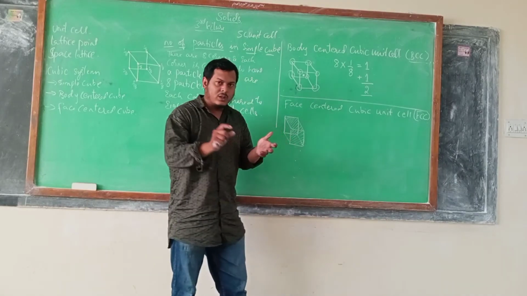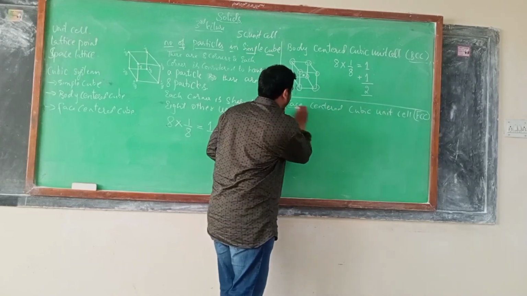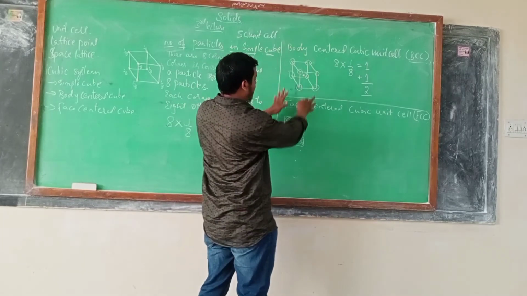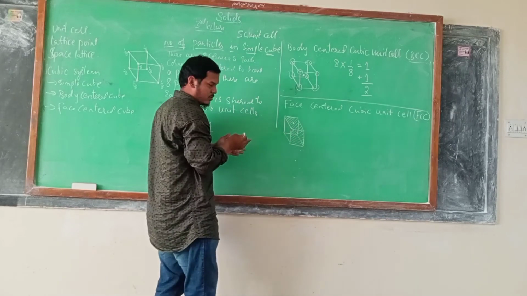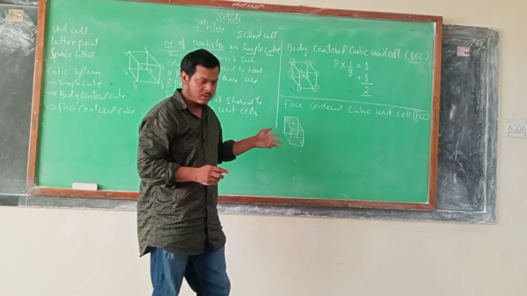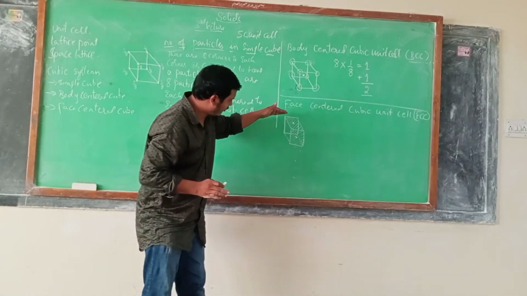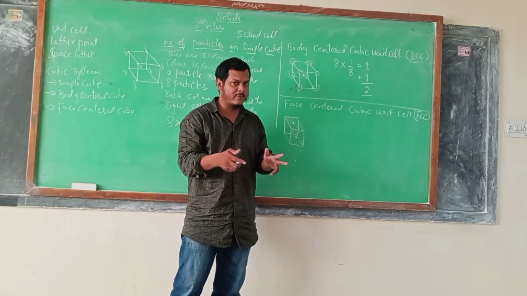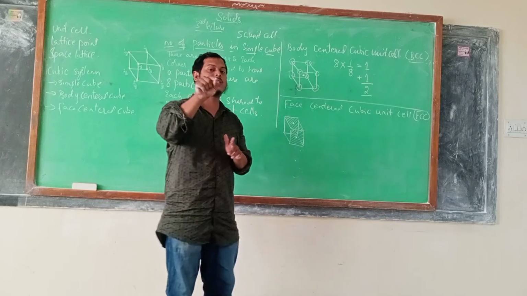Now they are saying that a particle is present at the center of each face. What does face-centered mean? Imagine this complete wall is a face, and one particle is present in this wall. I am drawing it here: one particle at the center of the face. Here I have shaded 2 faces, and I am showing you 2 particles. Understood? How many faces have I shaded? 2 faces, and 2 particles. Totally, how many faces do we have? 6 faces. Correct? So we will have 6 particles